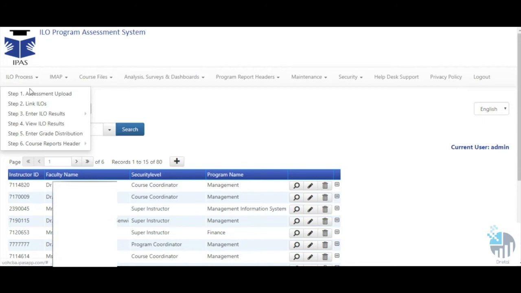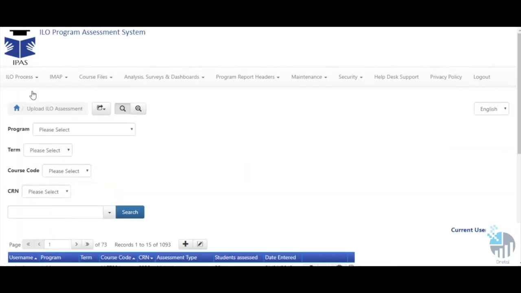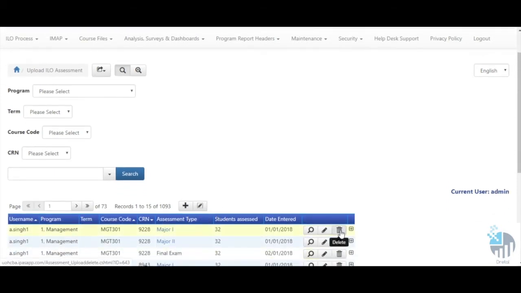The ILO process is simple. There's 6 steps. The first step is the assessment upload. In this particular step, we're simply uploading your assessment. Okay, we hit the plus sign, and IPAS has these icons. The plus sign means to add. The pencil means to edit. Okay, and you have a trash can here. You know what that is? That is trash. Okay, and then you have the glass,